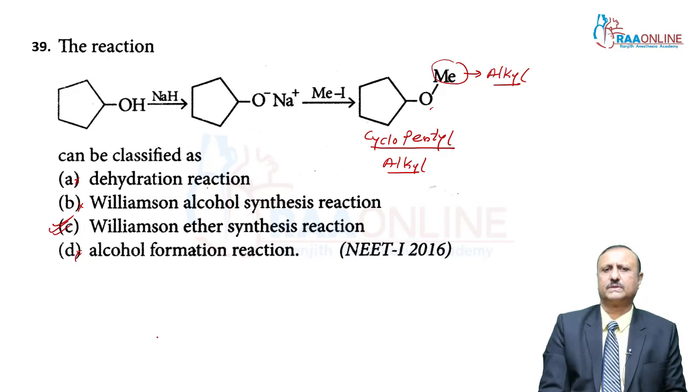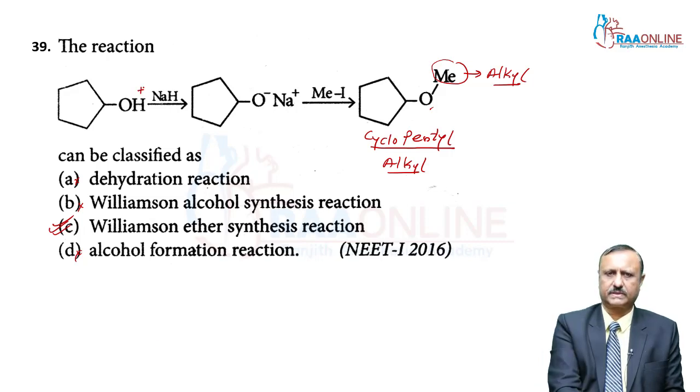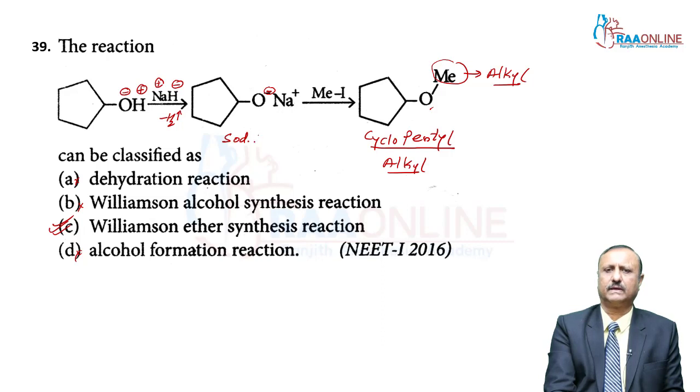Here, my dear friends, when you see the reaction, H plus ions and O minus ions are present. Here you can see Na plus ions and H minus ions are present. Hydrogen molecules are evolved by this reaction, H plus and H minus. So, you get O minus and Na plus ions. This is called sodium alkoxide, and which alkoxide is present, my dear friends? It is called sodium cyclopentoxide. When this sodium alkoxide reacts with alkyl halide, CH3I, methyl iodide,